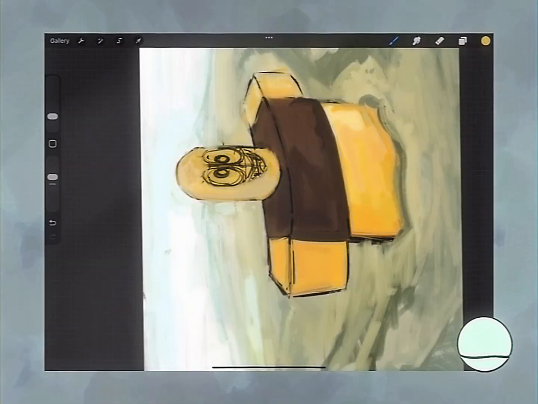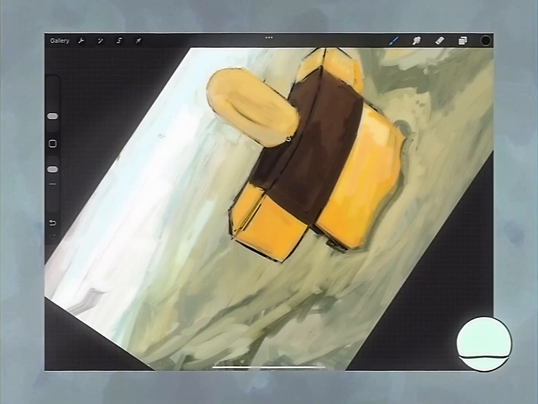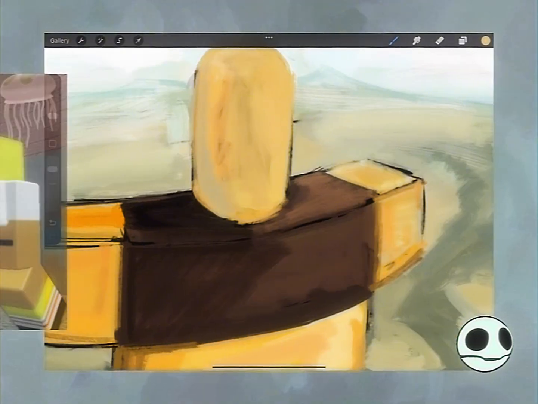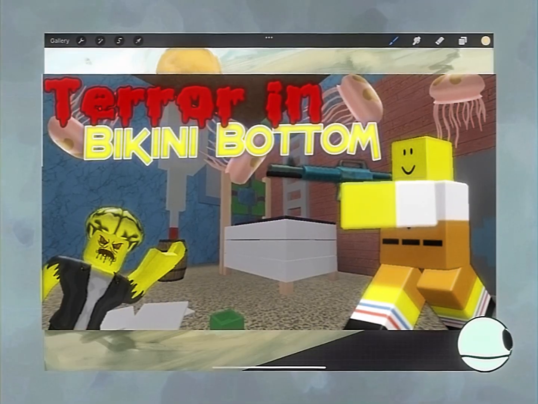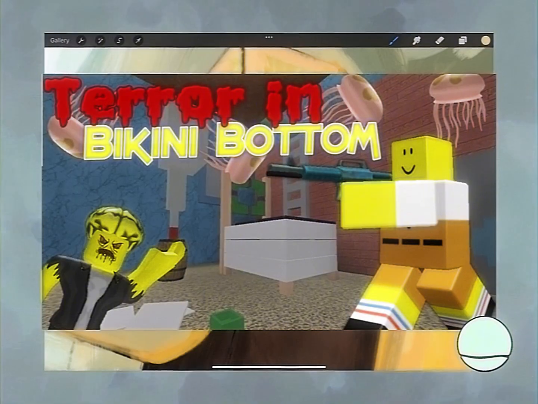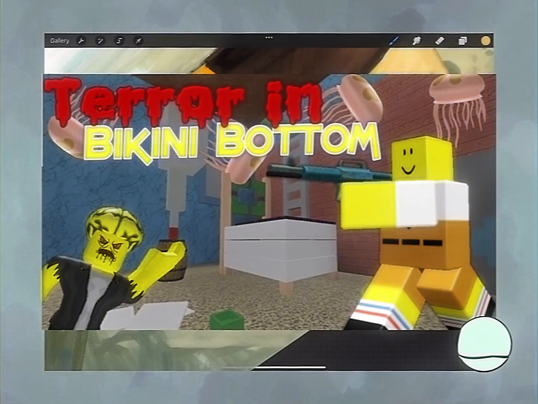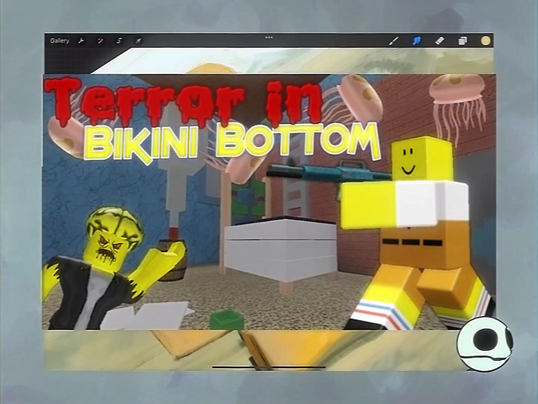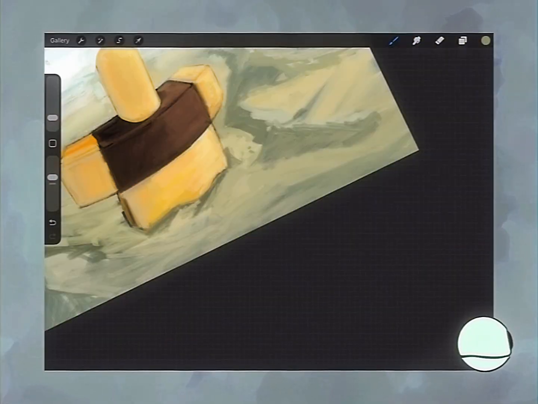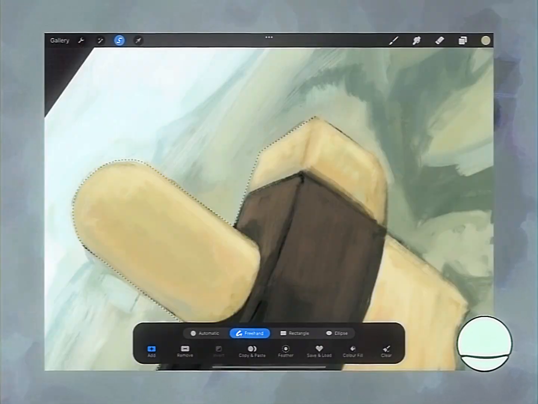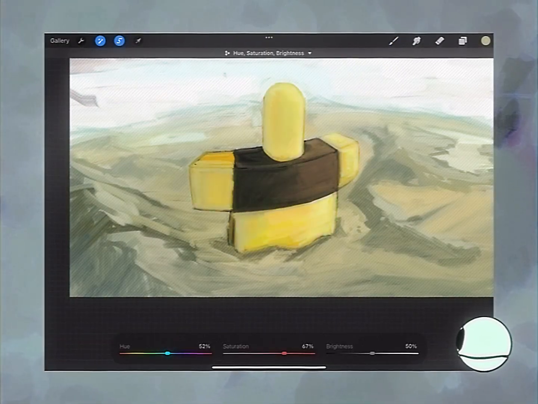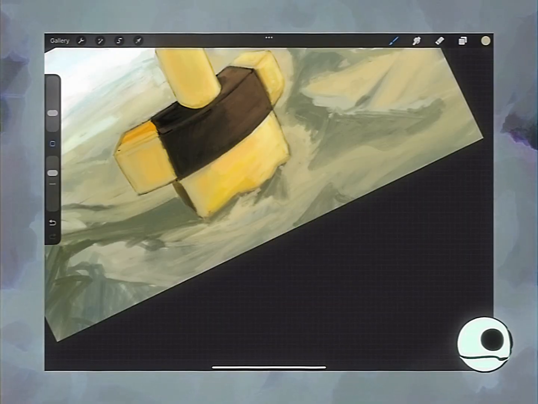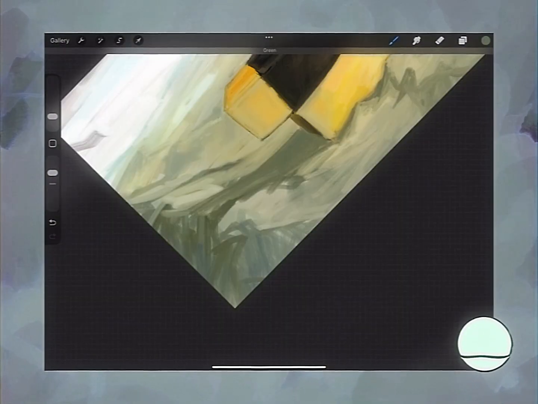And it specifically reminded me of an old game that I used to play with my brother, and it was like during the summer, like, I don't even know, 2015, 2014? I could be wrong, but it was like a Bikini Bottom game where you would just wander around and shoot zombies, I think. Zombie fish? I don't know. But it was a peak experience that left a scar in my mind. And there were a lot of games like that back then on Roblox where it was just simple